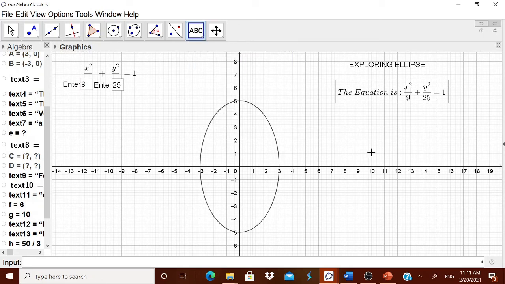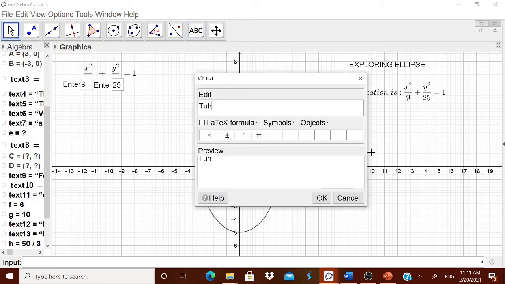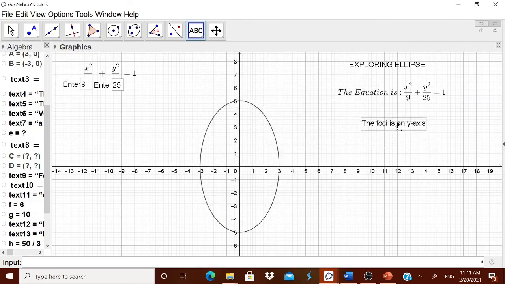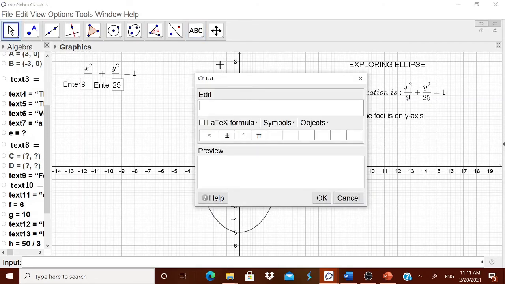Okay, now here in the text, you have to type the foci. I will type only the foci is on y axis. Okay, foci is on y axis. Major axis along, because normally we will read it as x square by a square plus y square by b square. You should be a little bit careful with that. X square by b square plus y square by a square, we will read it, but you should be a bit careful. Therefore y axis.